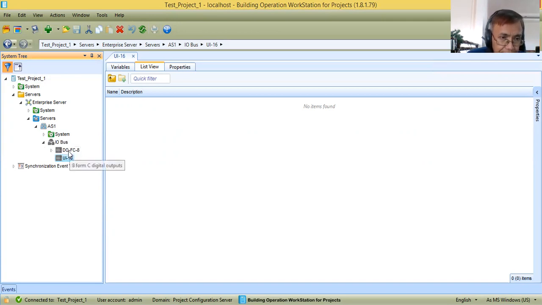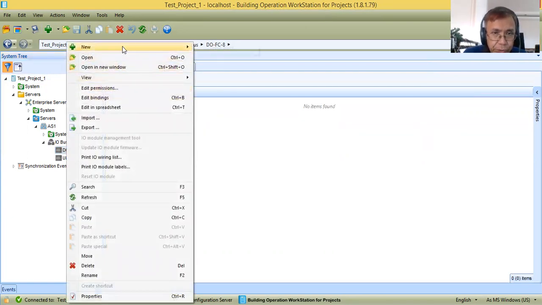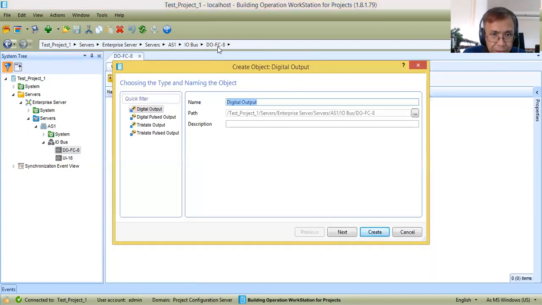Now, in my DO, I will try to create the points. I will create the physical points here. So, new output point. What is that point? Digital output. There are several specifications here, but now we will just use the digital output. Now I have to rename this one. What is this digital output? I will say this is the duty, or I can say EF1